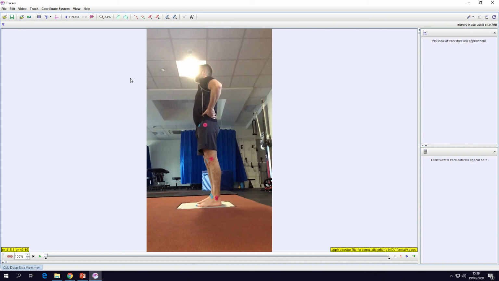Okay, so if you remember, the first thing we need to do is work out where the action is and what it is that we are going to need to be tracking. We don't want to track lots of stationary movement, so we can do that just by playing around with the scroll bar down the bottom here and looking at how much we actually need to be paying attention to. So the initiation of movement is right there. You see the hips just start to break, so I can drag my cursor down, a little black cursor down the bottom,